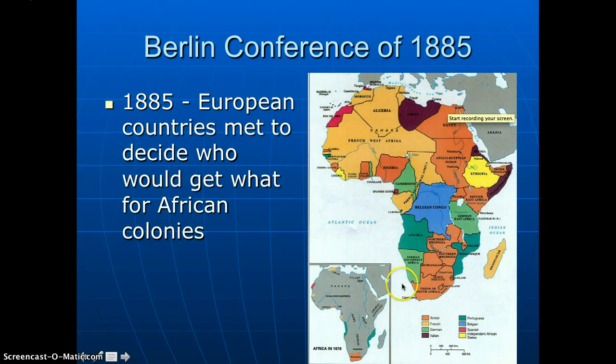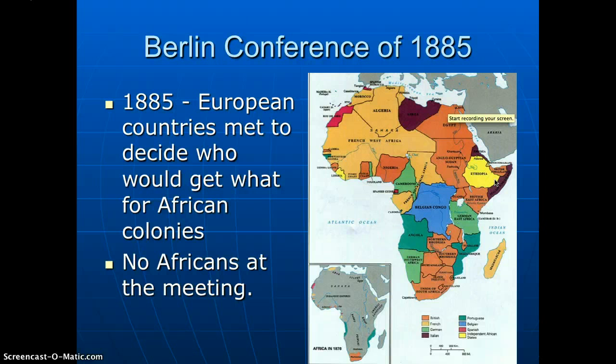Then we look at 1885, right? 1885, less than 10 years later, 90% of the continent is colonized. With only two exceptions, the colonies are all claimed by Europe. One exception is over here in West Africa. Liberia is created as an independent nation after the U.S. Civil War for slaves to relocate back to their heritage. And over here in the Horn of Africa is Ethiopia, and we'll talk about them in a minute, but they're able to resist colonization. Everybody else is colonized.